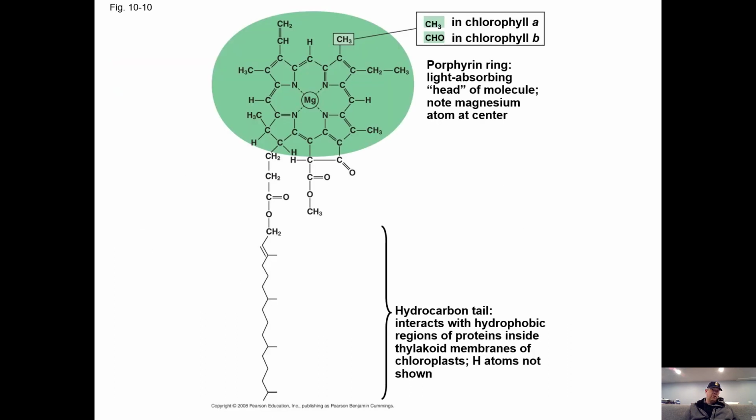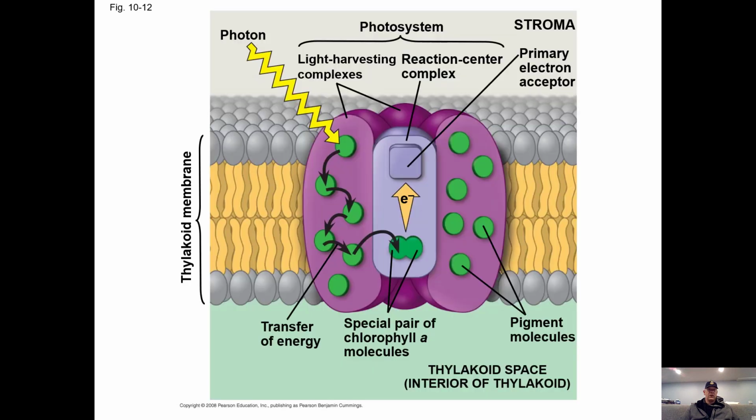So here's a picture of chlorophyll. It's got a hydrocarbon tail, which allows it to embed into a membrane. The top part has magnesium, which is an ion. It also has carbonyl groups that are going to allow it to be more hydrophilic. So here's a photosystem, and with a photosystem, light hits it. That's the photon part, and then the energy gets absorbed and moved to a pair of electrons. Those electrons hold on to energy, and that energy is going to be used for stuff, which you're going to see here.